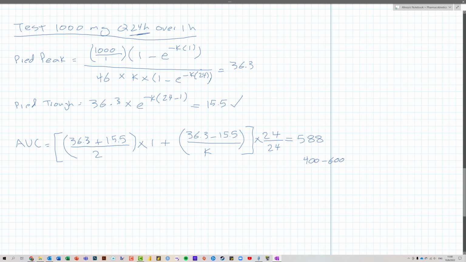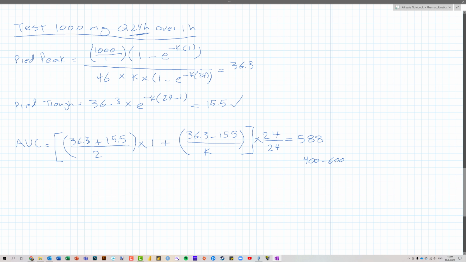So let's, I'm gonna do it over here. So let's test instead 1500 milligram because we round every 250. So 1500 milligram every 36 hours, still over 1.5 hours. Okay, so we're going to test this. Predicted peak when you do this would be